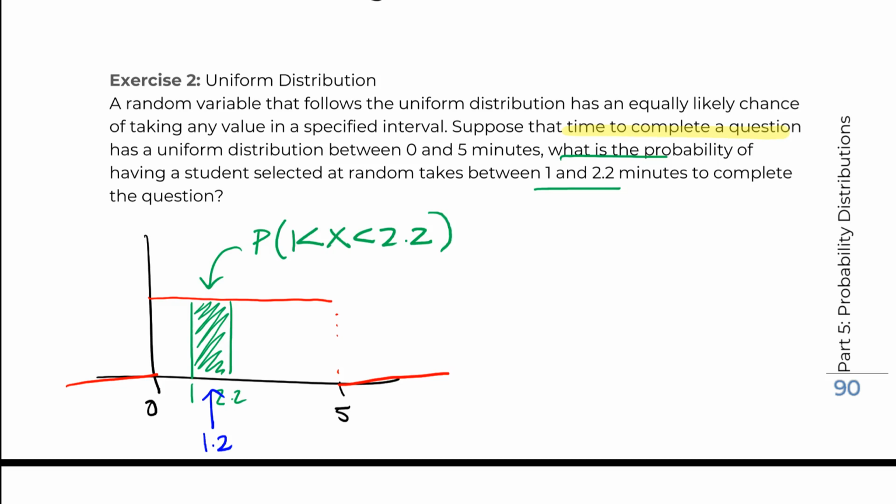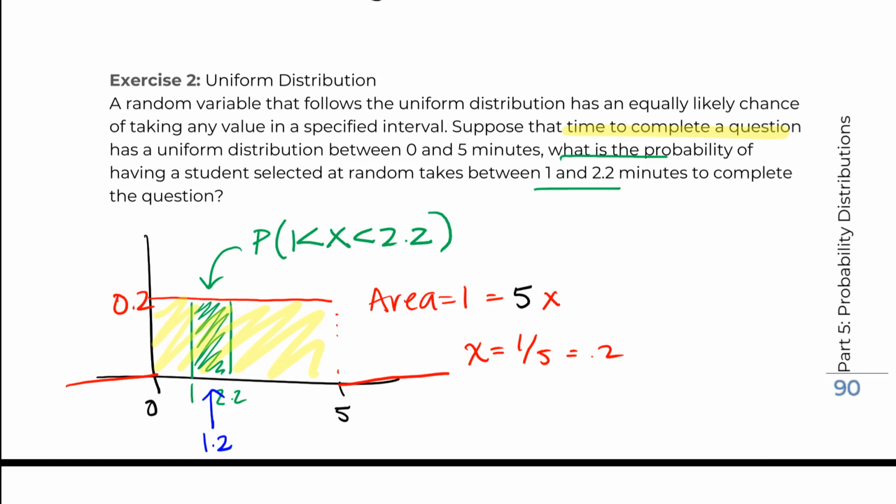The other is that we could do what we did in the last problem, and we know the whole area has to be 1, right? So then we can figure out what this value is. Since the area has to equal 1, and area is just base, which it looks like is 5, times our height that we don't know, we can solve and figure out that our height is equal to 1/5 or 0.2. So if this question mark is 0.2, then the area of the whole curve is 1, and we have a